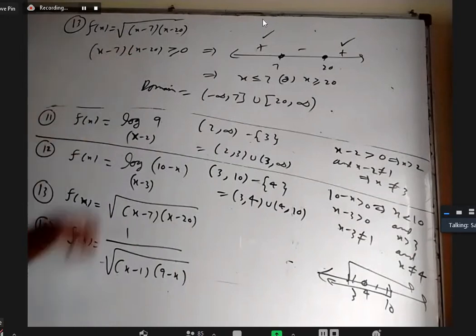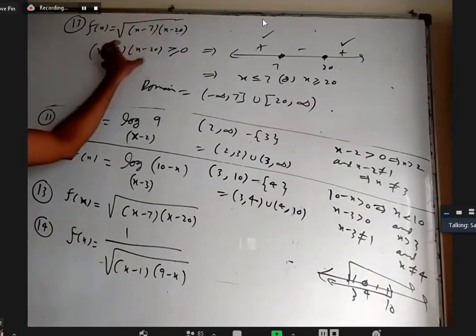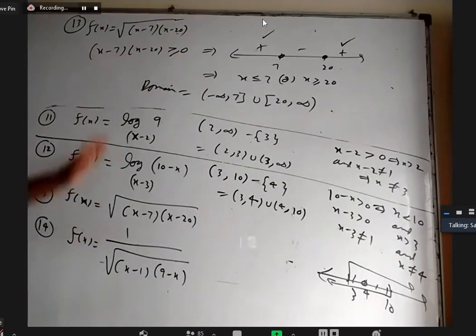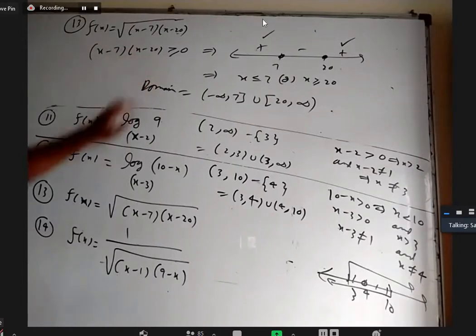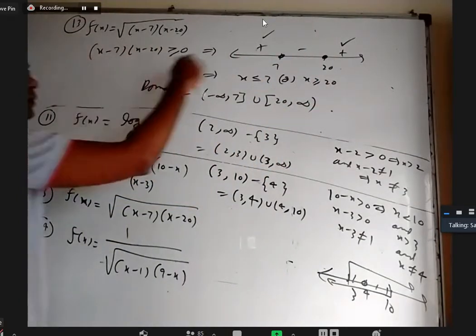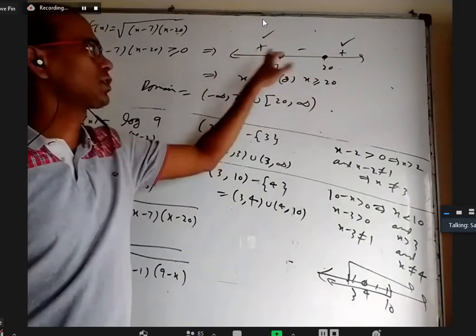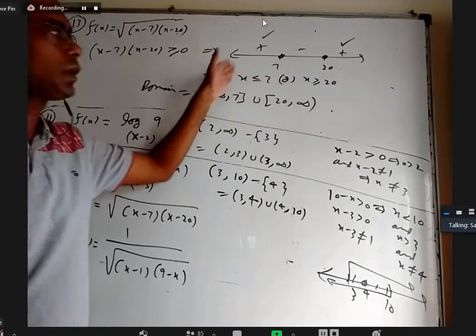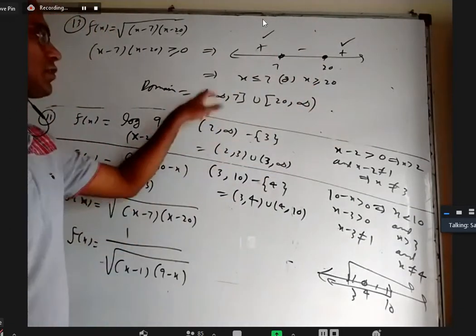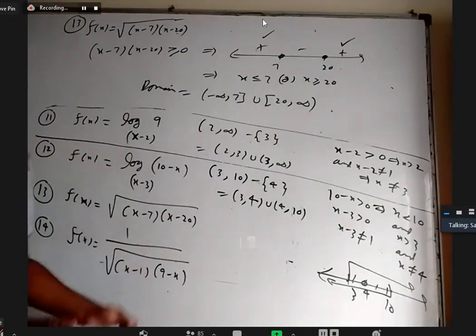Sir, 14. Open interval 1 to 9, right? Yes, sir. Quadratic inequalities we studied, and the root of something should be greater than or equal to 0. We know the number line, the wavy-curve method, where this is 0, 7, where this is 0, 20. Anything more than 20, the whole thing will be positive: positive, negative, positive. We want greater than or equal to 0, that is this region including 7 and 20. Either x is less than or equal to 7 or x is greater than or equal to 20. So minus infinity to 7 closed, union closed interval 20 to infinity. This is almost like what we are doing in inequalities, same thing.